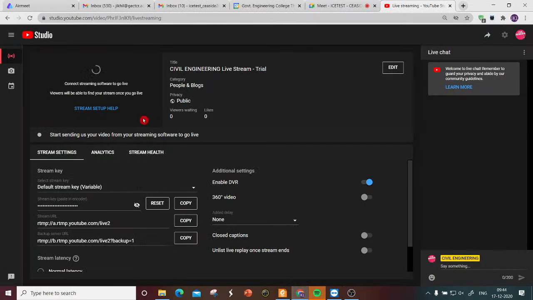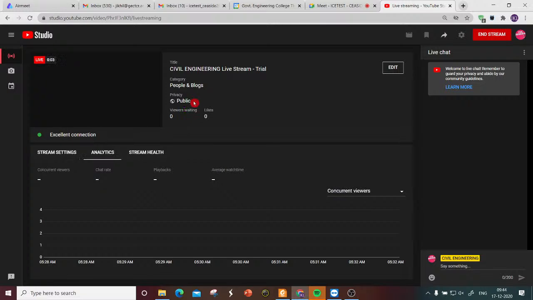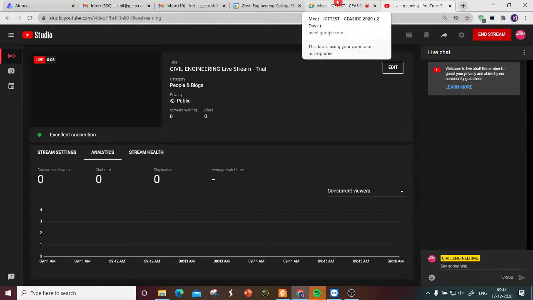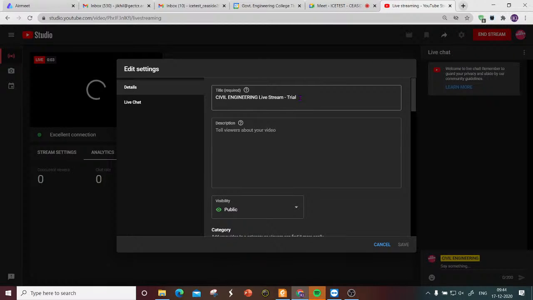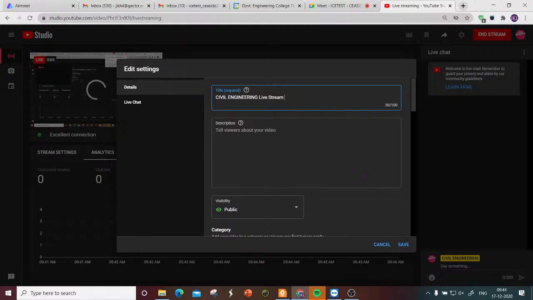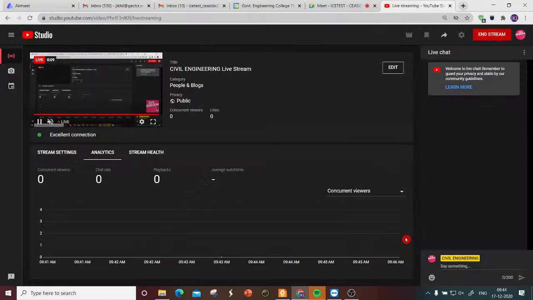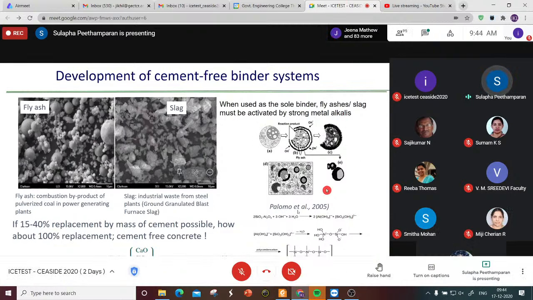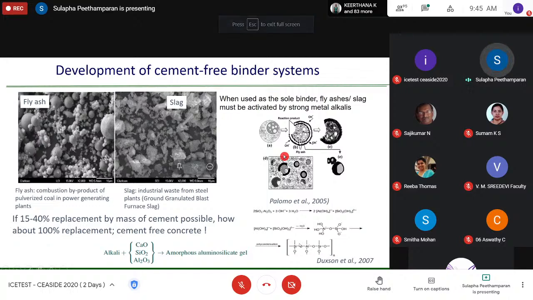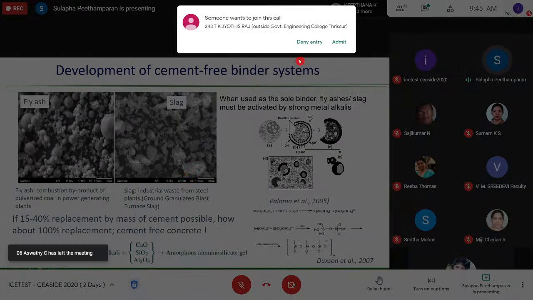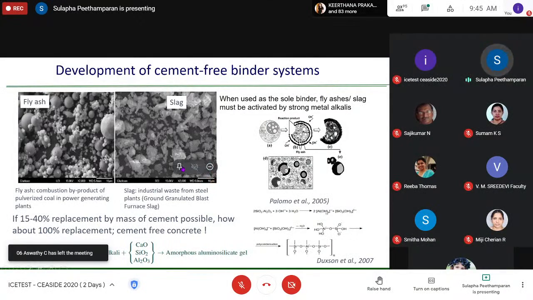We are using a solution, and it reacts with this silica and alumina. The fly ash and slag will dissolve in that chemical and form a product, a gel similar to CSH, calcium silicate hydrate, but the chemistry is complex. I am not going to go into the chemistry of it. Whatever product you are getting with this chemical composition is the binder, the new glue without